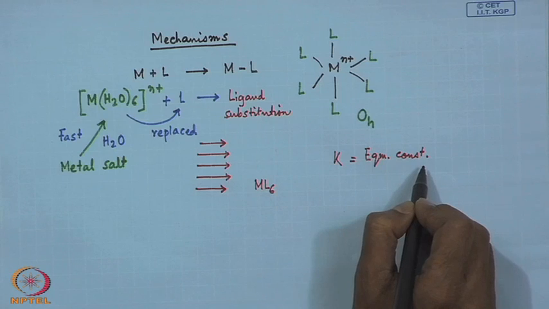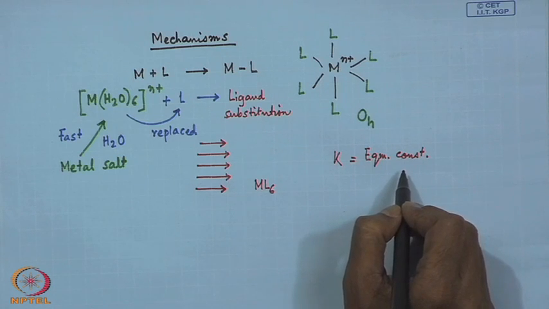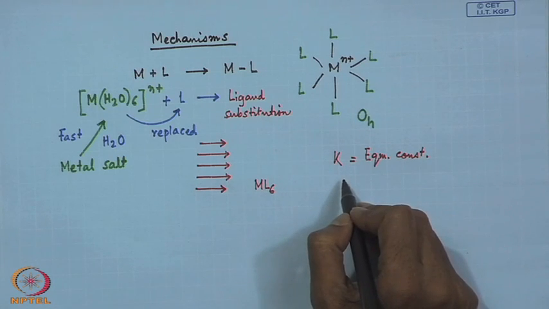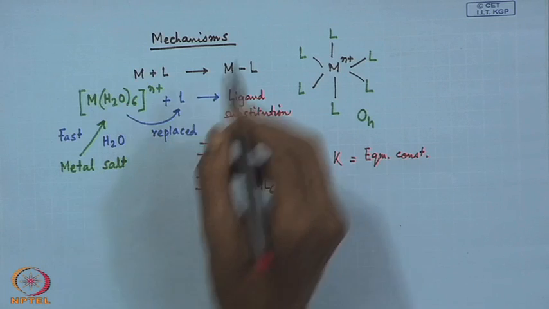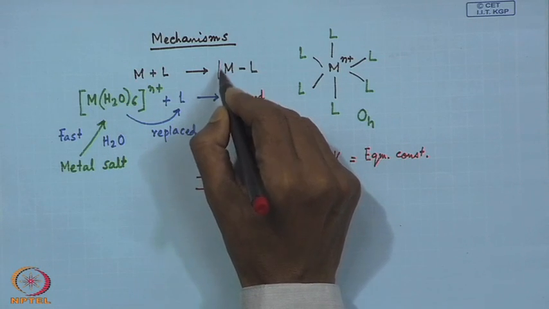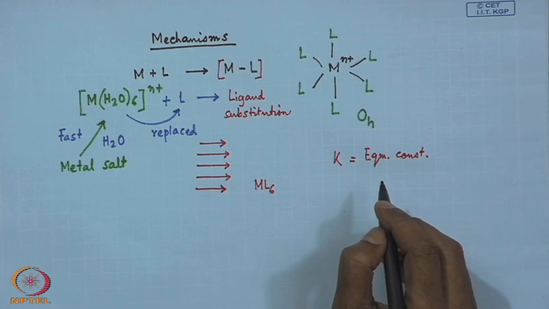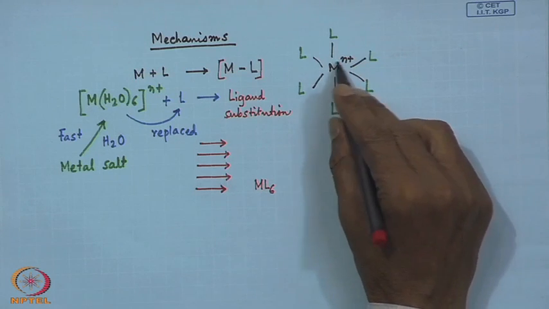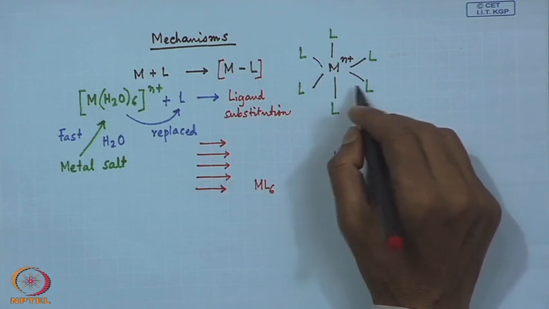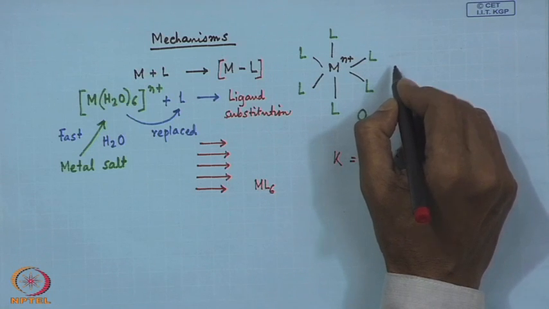We consider the compound to be stable if the K value is pretty high. That means we find out the concentration of the metal complex formed, because in most of these cases, what we study in these octahedral complexes of M^n+ are the